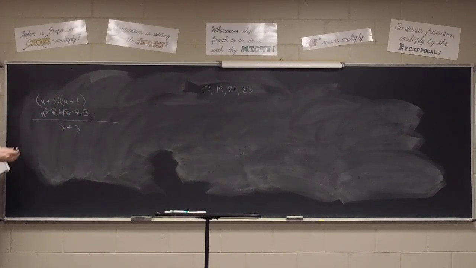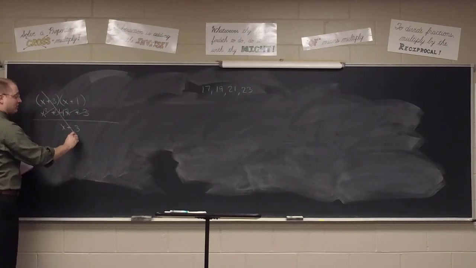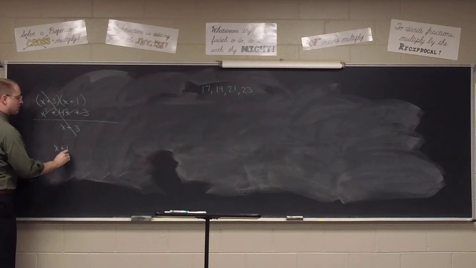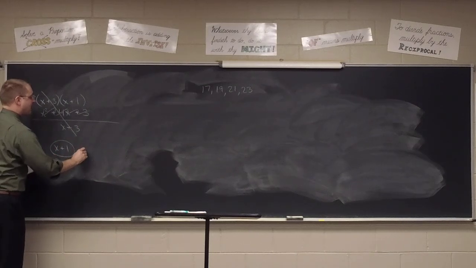Now, if the factoring doesn't cancel, what was the point of factoring, right? But if the factoring does allow you to cancel, then it was worth it. So my answer should just be x plus 1, where x cannot equal